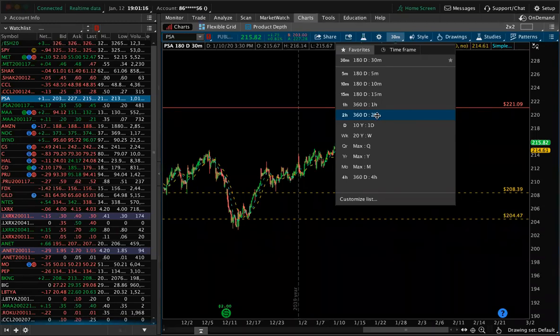You could have been in and out of this position as many times as you wanted to and free ride. So let's just say I had 10 contracts. I bought in at 35 cents. It hit 35 cents so many times this week, and it basically hit a high of 75 cents. So let's say I bought at 35 cents, 10 contracts, sold at 75 cents, 10 contracts,